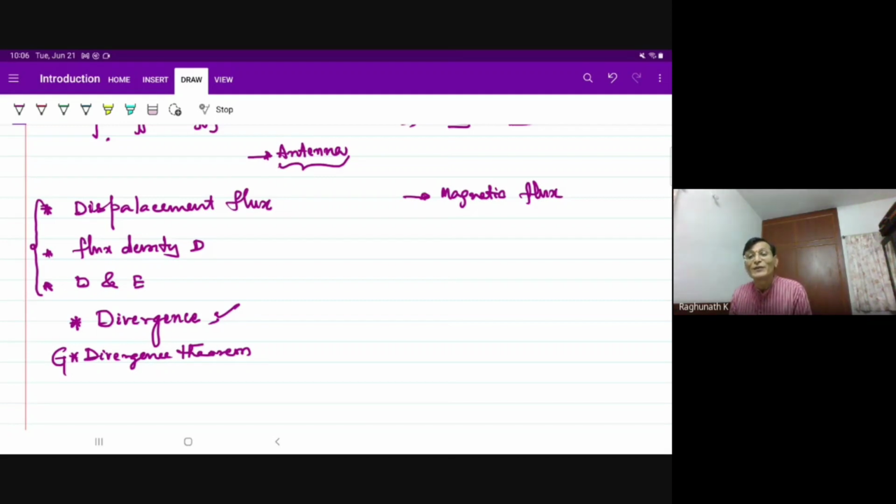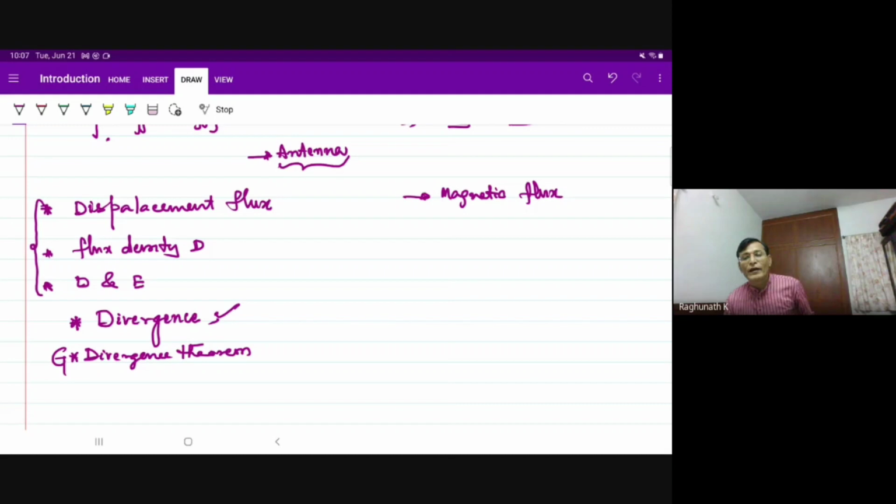Divergence theorem really gives you a clue. And only if you know something called charge density, volume charge density, and the relation between the volume charge density and the field quantity, you will be able to understand the divergence theorem. Instead of evaluating the surface integral of a vector quantity over a closed surface, 6 double integrals, you take the divergence, which is differentiation, and take the volume integral of which, one triple integral.